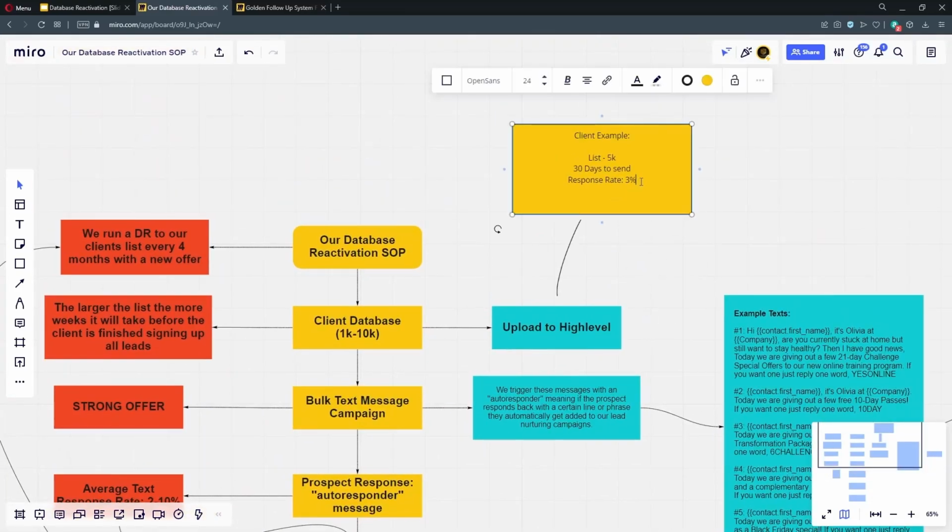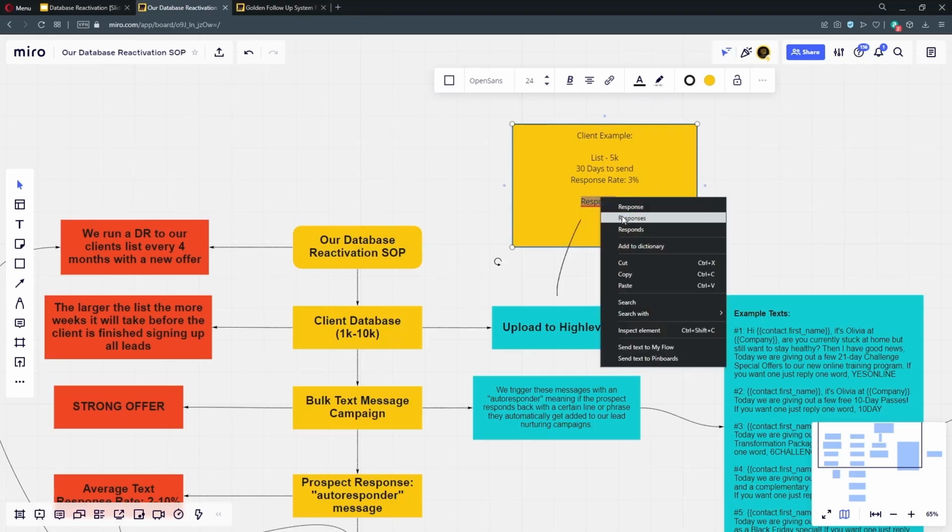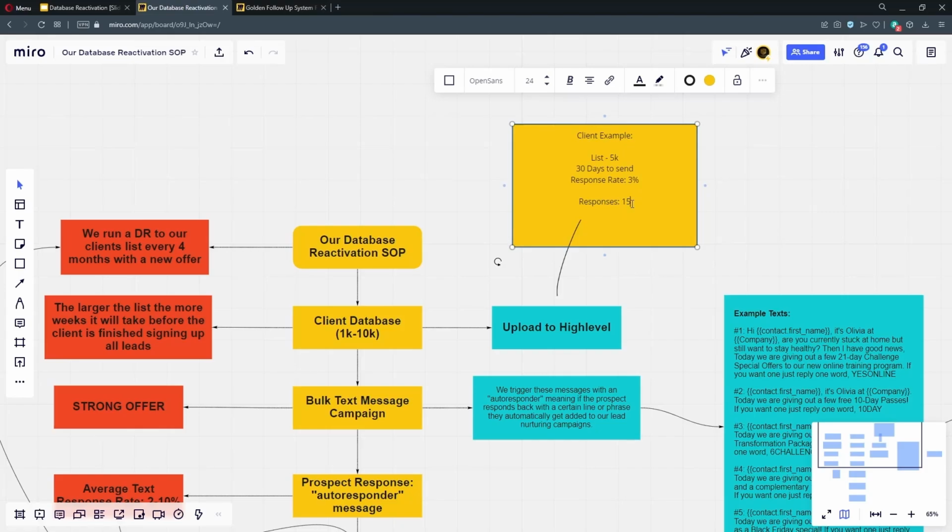Let's just do the math here. All right, 5K, response rate. 3% of 5K is 150. So, responses, 150. Now, with our golden follow-up system,